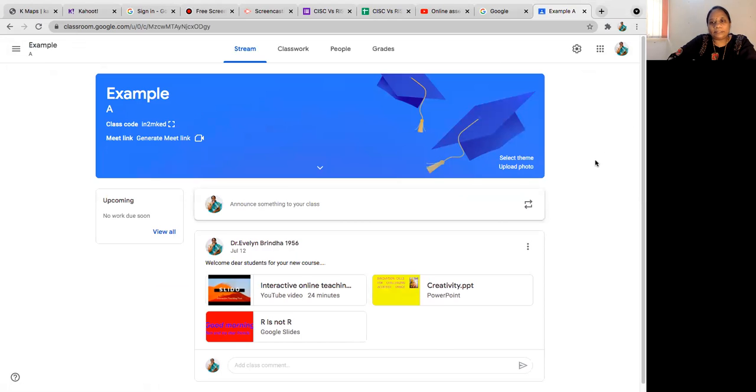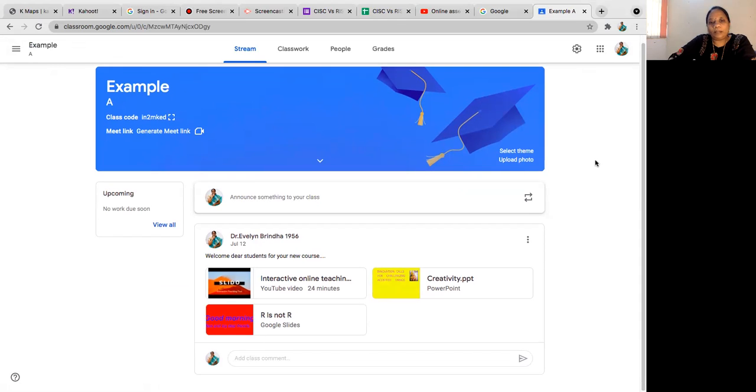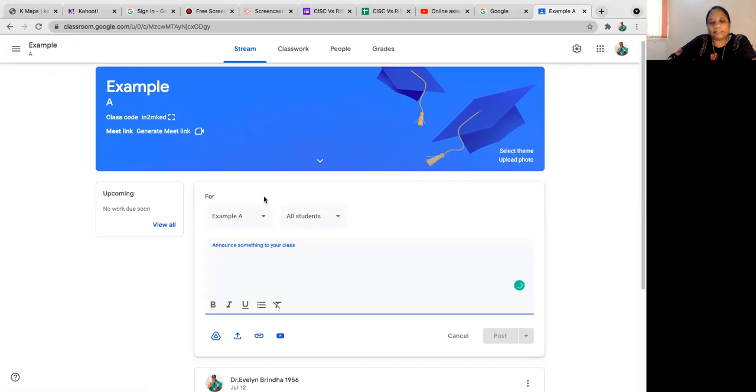The first tab, as I told you, is the stream tab. This is equivalent to any chatting option, like your WhatsApp or whatever. So here you have announcements to be made. In case I want to make an announcement to my students, just click this, and I can choose whether I need to make an announcement to all students, or if I have a list, the list will appear. So I can choose 1 or 2 students also, and I can make an announcement, which is not there in WhatsApp actually. And I can type out the announcement here. Say, for example, tomorrow is a test or something like that.